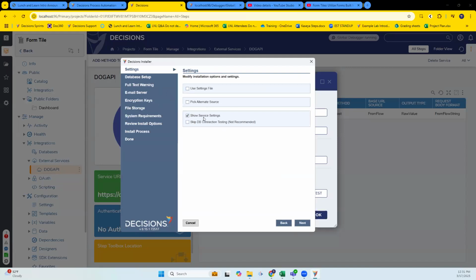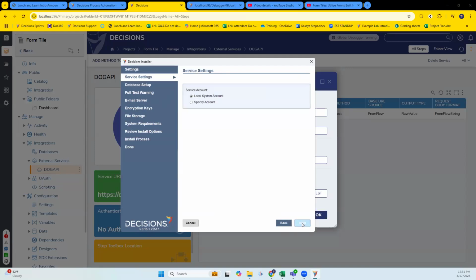And then when you hit next, the very first thing that will come up will be those service settings, and it's on local system account here. You'd have to specify that service account, right? And when you click on that, if you don't mind clicking on that real quick, we're not going to go any farther with Next. Oh, specify account, sorry. Yep. You specify the username and password of the service account running Decisions. Decisions does not make this account for you. Make sure that you or your IT ops team has that account ready that has those database permissions.